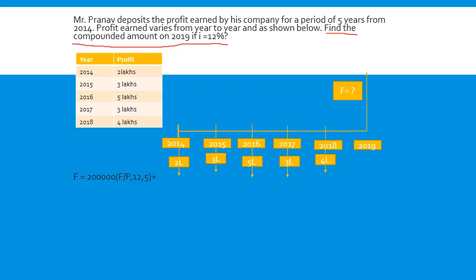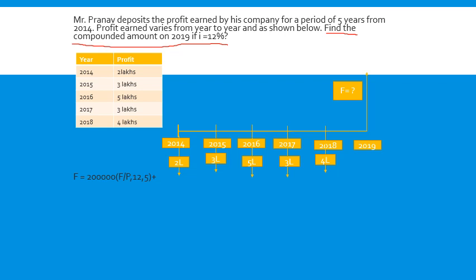Can it be A? No, it cannot be A. Why it can't be A? Many of you will get confused here. Please be careful. This is a very special case. That's why I have selected this problem. Even though money is flowing every year, can I consider it as A? It cannot be considered as A because what is A? A is uniform series. Is it uniform? It is not uniform.